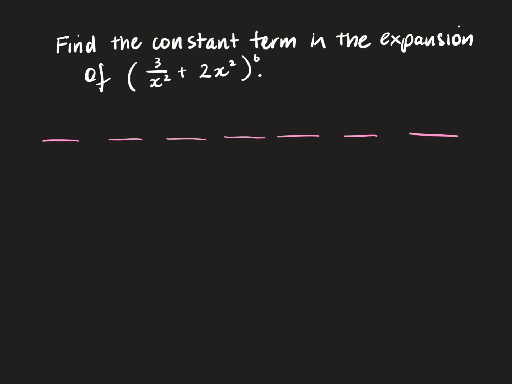So for this one here, it's going to be x squared on the bottom, 3 over that, and it's going to be to the power of 6, to the power of 5, 4, 3, 2, and 1, and looking at this one here, that's going to be,